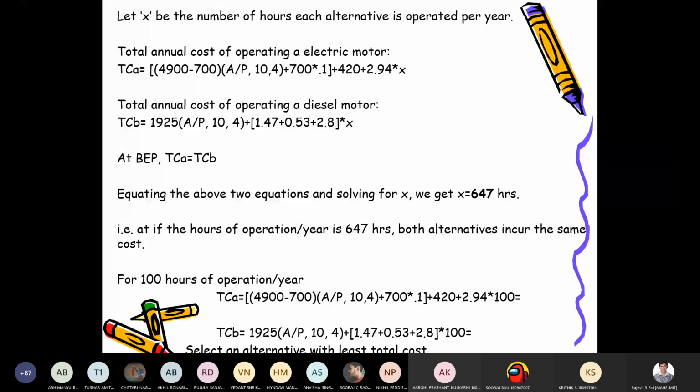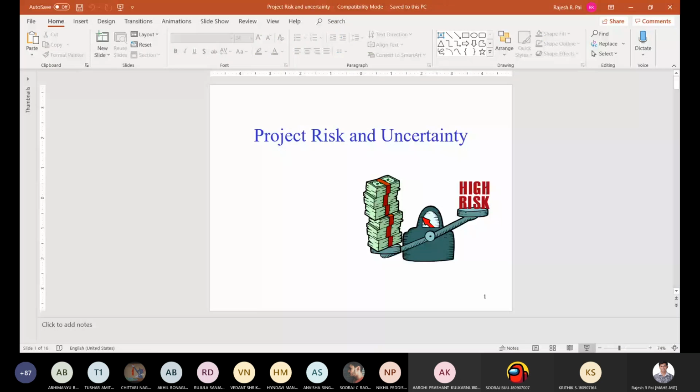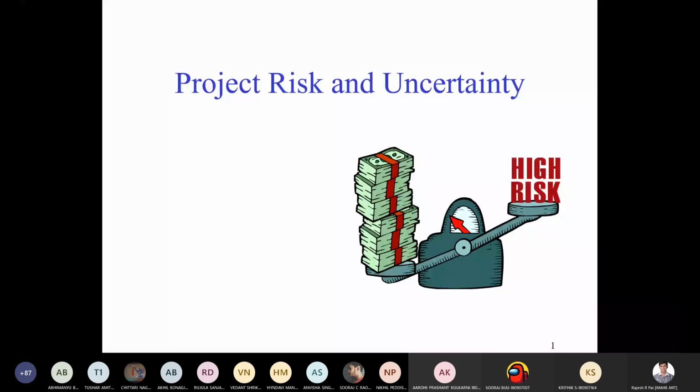Okay, so shall we move on to the next topic, that is risk analysis? Yes, sir. Okay, so the next topic is nothing but the project risk and uncertainty. So this is very basic